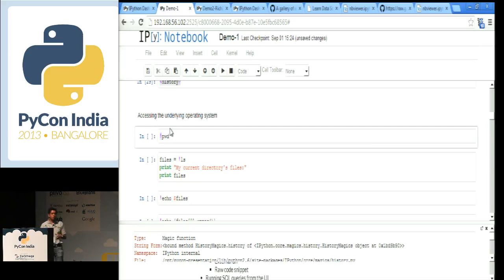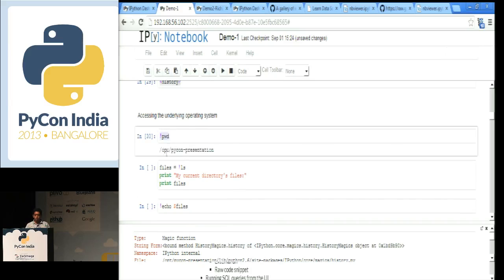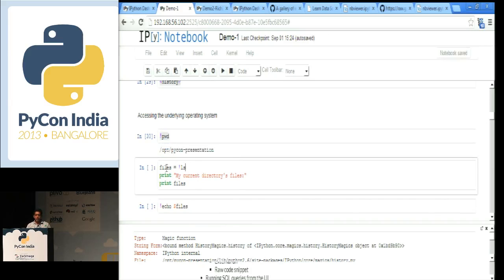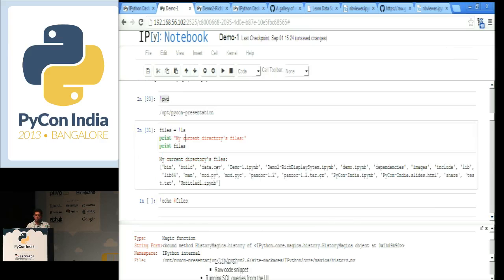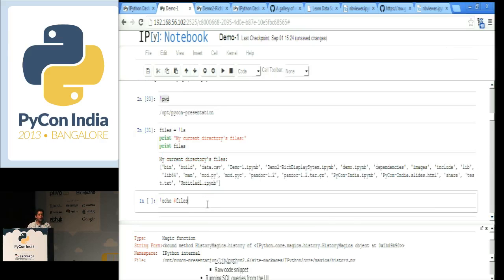Why I'm saying shell is because the server I'm using is a Linux box. You can do the same on Windows or macOS as well, right? So I do a pwd, and this lists my present working directory. Now I say, okay, list all the directories and put them in the variable files. Now this is a shell command that I executed, and this has made it a Python list that I have now, right? I can use the same variable and print it the way I would using a bash script,